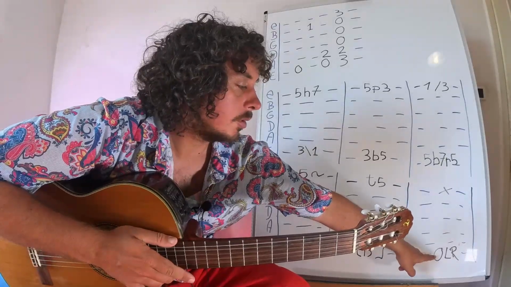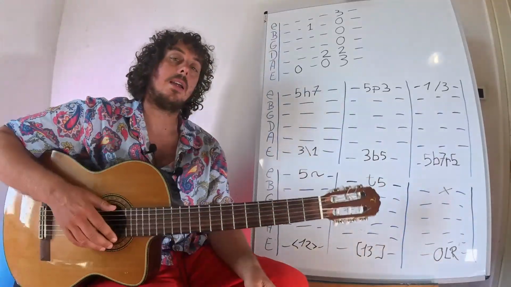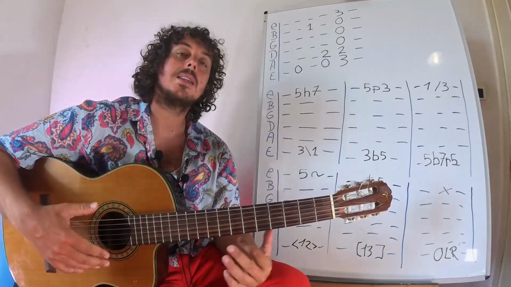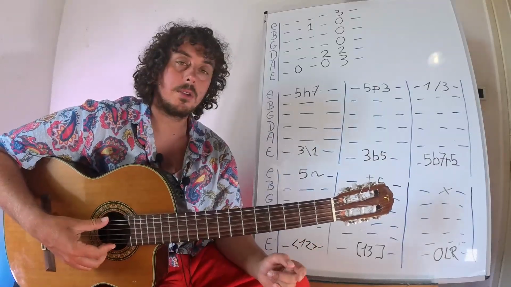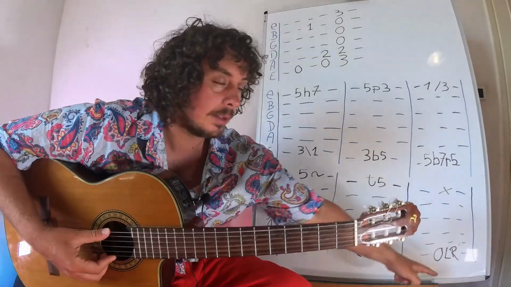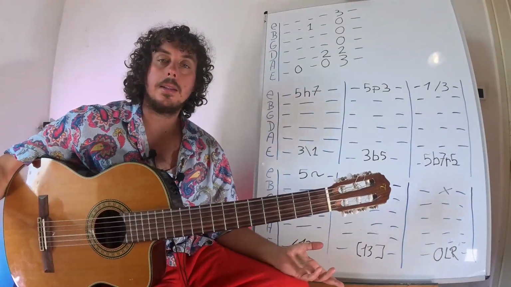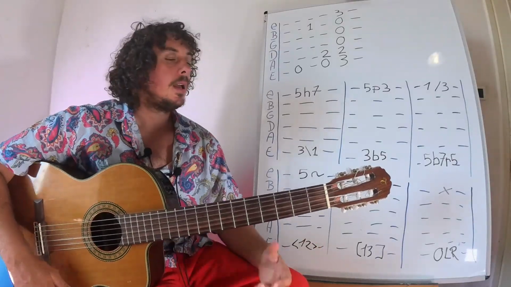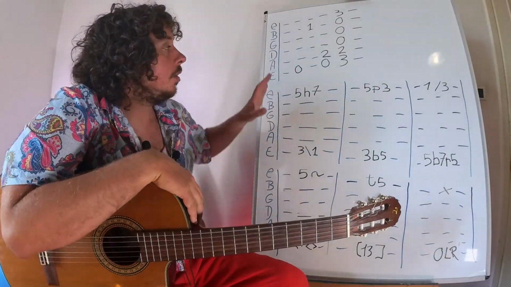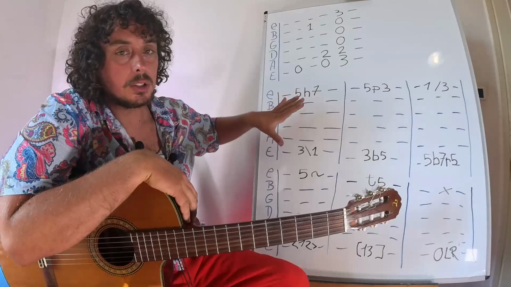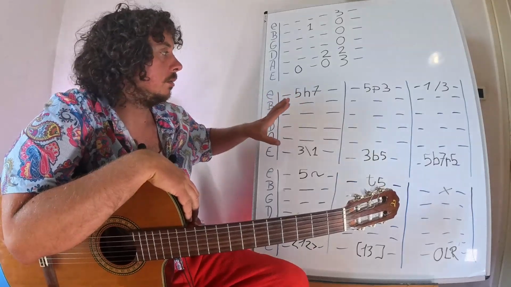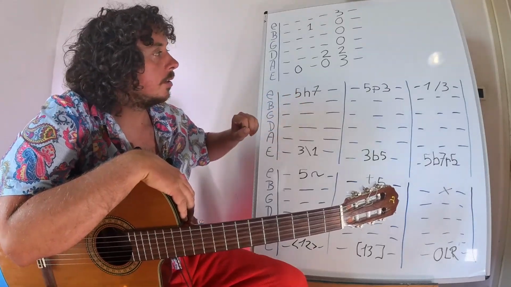And finally, the last one, 0L3, LR. That means let it ring. So we play the 0 and we let it ring. Okay. We will see in another video that there will be other symbols, less common than this one,